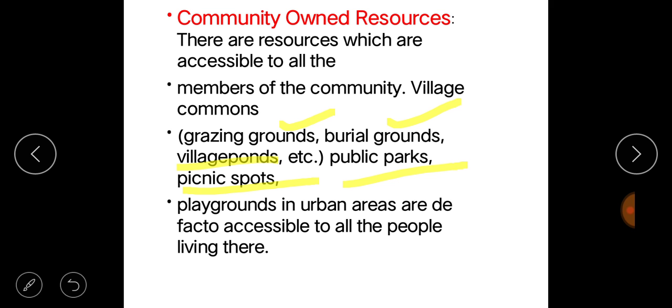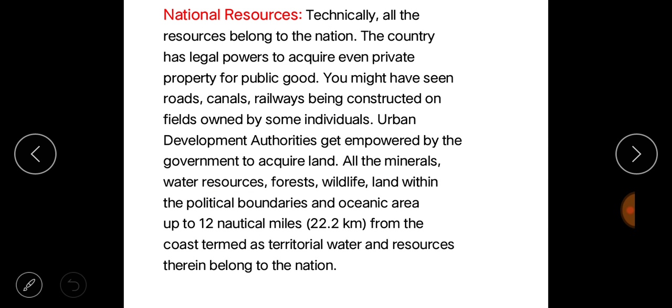Okay. Playgrounds in the urban areas. If we take the example of the urban area, they are the playgrounds where everybody goes and plays. This is de facto accessible to all the people. Okay. And another resource is the